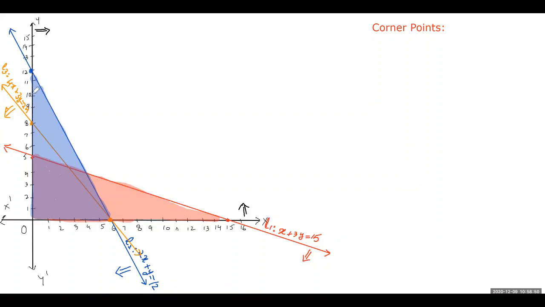Here you can see I have shaded the second inequality with a blue color, and you can see this is the common region of the two inequalities. Now we will shade the third inequality with an orange or yellow color. Let's see this now. Here you can see I have shaded the third inequality, whose line was L3, with a yellow color, and here is the solution region.